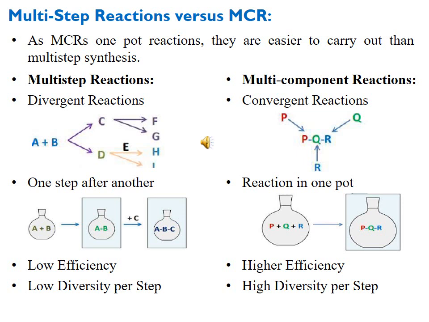But in the case of a multi-component reaction, there is high diversity. High diversity means that by changing the structural features of P, Q and R, as we have discussed in the last point, by changing the different structural variations of P, Q and R, we can get a large number of molecules in one step. So therefore it is said that